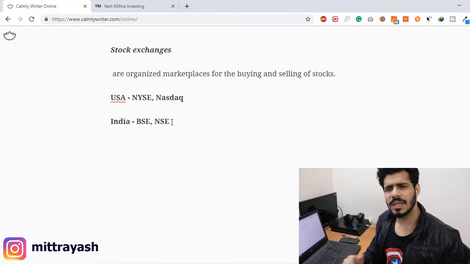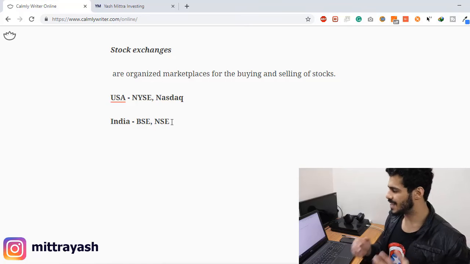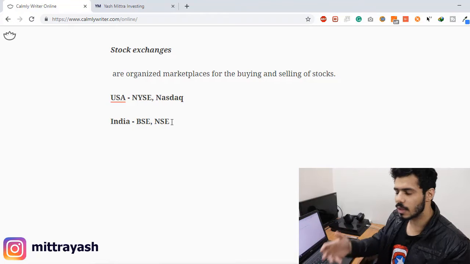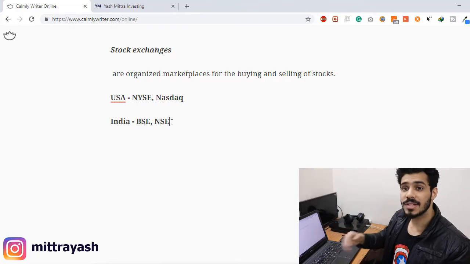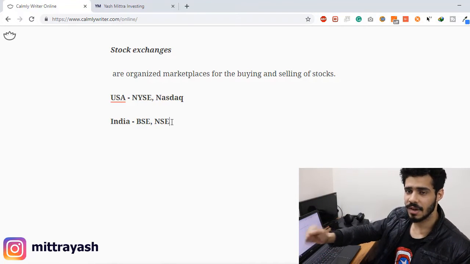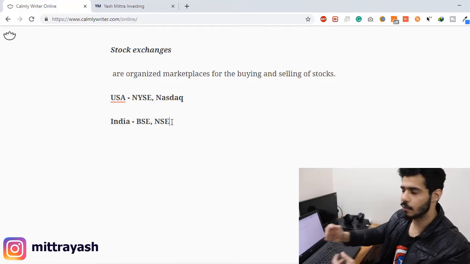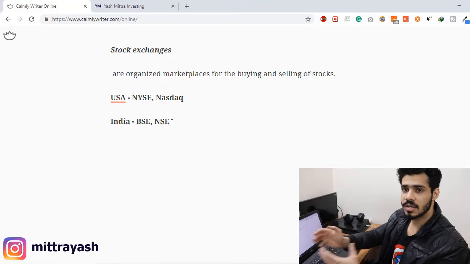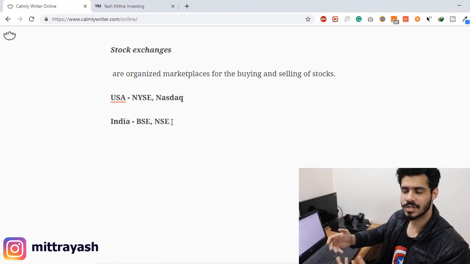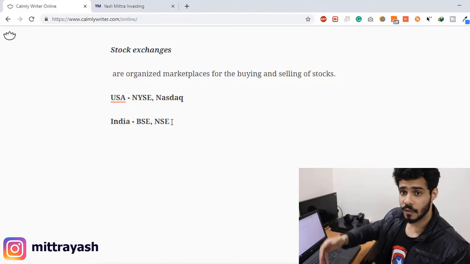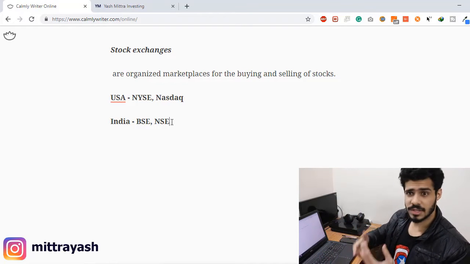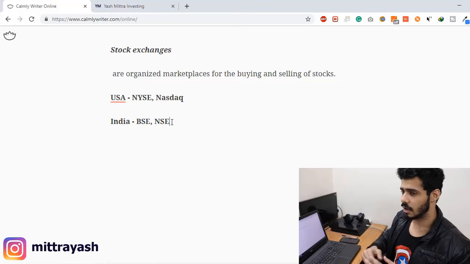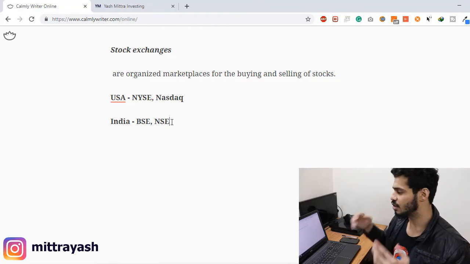So why do we need stock exchanges? Well, these stock exchanges don't just provide you with a marketplace. Basically, companies come to the stock exchange and register over there. For instance, let's say a company like Larsen & Toubro comes to the stock exchange and says, we want to register and we want people to trade the stocks of our company. And they set up the circuit. They basically give the upper limits, lower limits and all that stuff. If you do not understand that, don't worry about it. They just register their company over there.